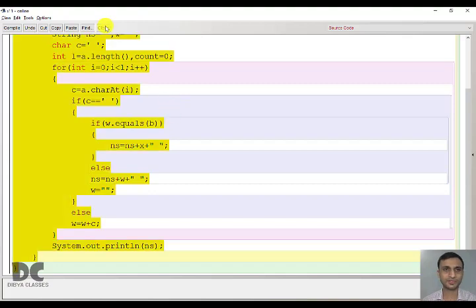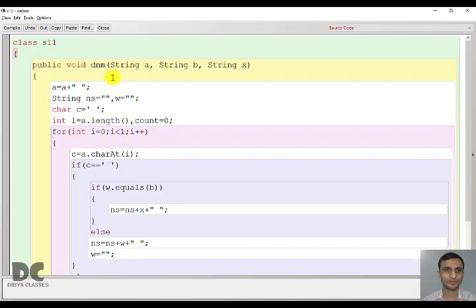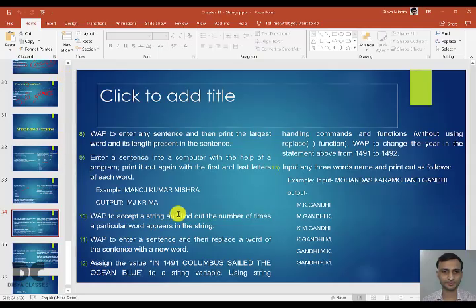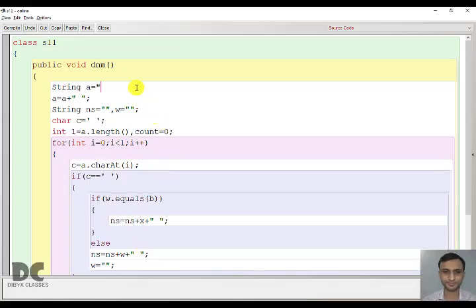I copy this previous program. There is no input from the user, but we'll take the string directly. String A equal to, I'll just copy this. We have added a space. If you want, you can directly add space here, but it is better to add it in a different statement.